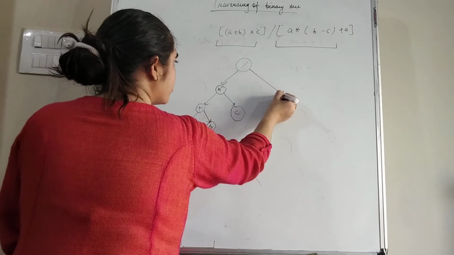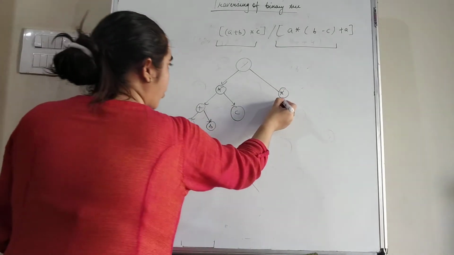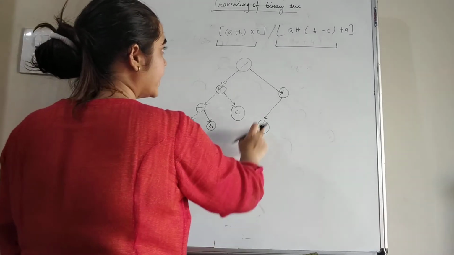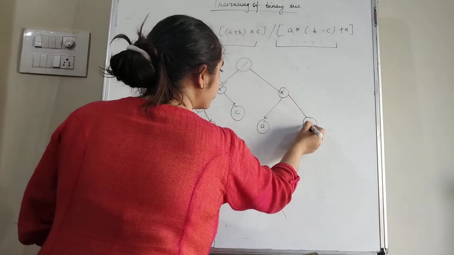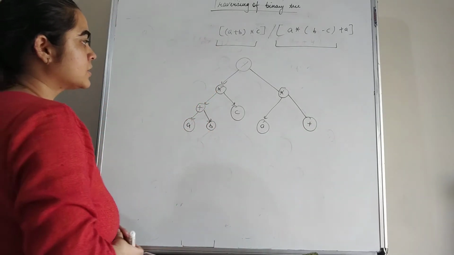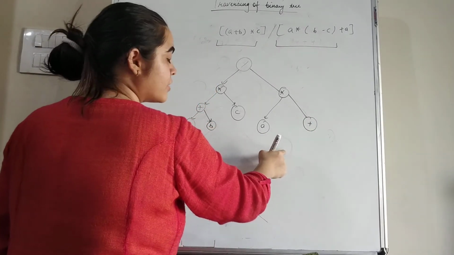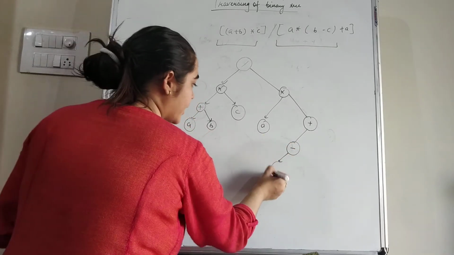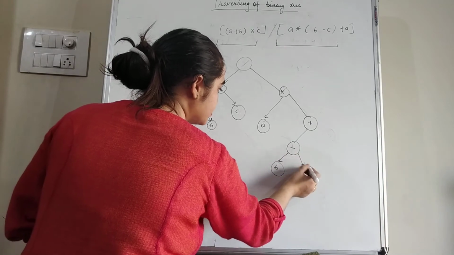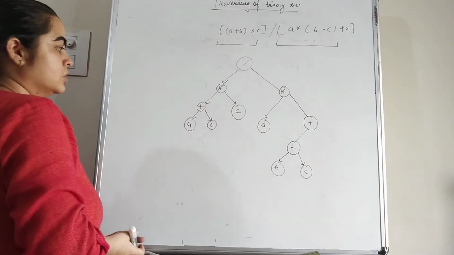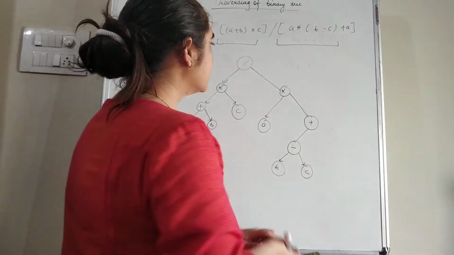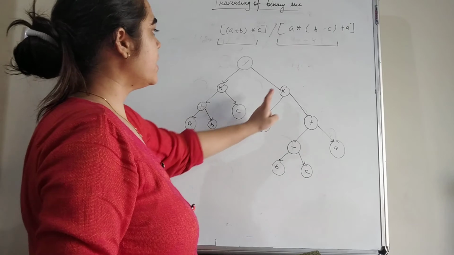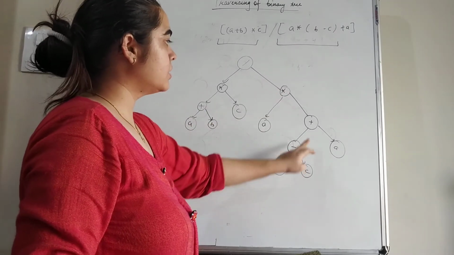So firstly, you can put multiply here, and on the left side of multiply there is A. Now students, A into, now you have to put plus here. So plus, okay students, and on the left side of the plus there is the symbol minus, and on the left hand side of the minus there is B, and on the right side of the minus there is C. So B minus C plus, and on the right side there is A. So the expression is A into B minus C plus A.